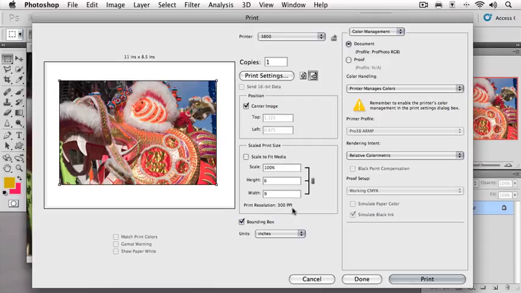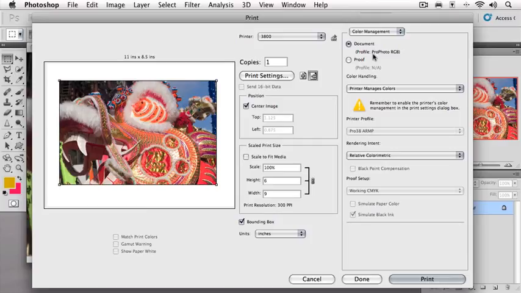The ppi is for pixels per inch, and that is a great resolution to use for a high quality print. Up at the top right, I want you to notice our color management pull-down menu. This is crucial when you're printing photographs. You want to make sure that this document radio button is checked, and you also want to verify that next to profile you see a profile name, in this case ProPhoto RGB. You just don't want to see it say untagged, so it can say sRGB, Adobe 1998, any of those are